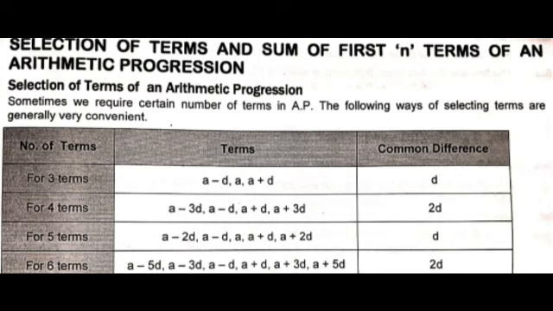Based on the above discussion, let us consider one problem so that the concept is clear. And here is the question. The sum of three numbers in AP is minus 3 and their product is 8. Find the numbers. Now, three numbers in AP, and as I have suggested in the table, we will let them be A minus D, A and A plus D.